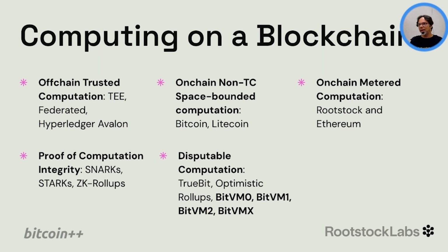Well, there are many models that have popped up during the years. So we have the off-chain trusted computation model. This has been tried many times, like having oracles doing the computation and then voting on chain. Of course, we are not interested in this because this is not really decentralized. We can have the Bitcoin script model where we have a non-Turing complete machine and it's bounded by the space of the program. So that's Bitcoin or Litecoin. Then we have the meta computation. This is what Rootstock and Ethereum do. You are allowed to create any kind of programs, Turing complete programs, but we are going to charge you